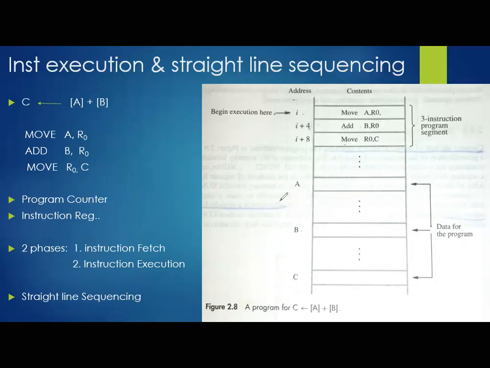Now this is the representation of this particular program inside the memory. Then what is the use of the program counter and instruction register? As usual, as we discussed under basic operational concepts, the program counter will be pointing to the memory location which should be fetched in future. Initially it will be pointing to this particular location. When your processor starts fetching this instruction, it will be pointing to this. When the processor completes the execution of this line and tries to fetch the second line, it will be pointing to the next instruction. This is the job of your program counter.